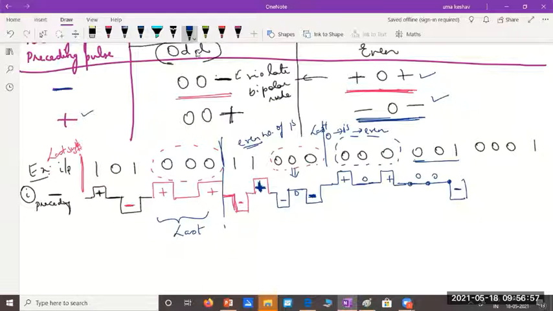Now you observe, I again have a set of 3 zeros in my data. And what should I do? I should check when was the last set of 3 zeros. It was here. This was the last set of 3 zeros. After that last substitution, you count how many ones are present in the binary data. How many ones are present here? There is a single one, which means it is an odd number of ones. What should I do for an odd number of ones? The replacement pattern should be either 0, 0, minus or 0, 0, plus.